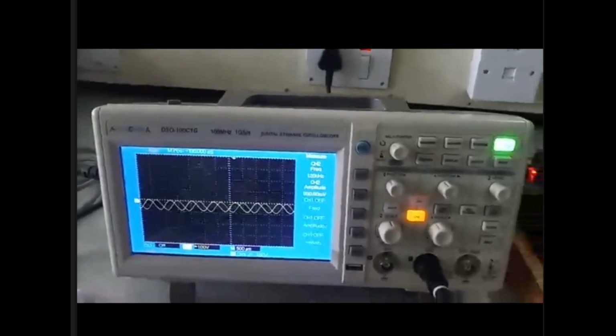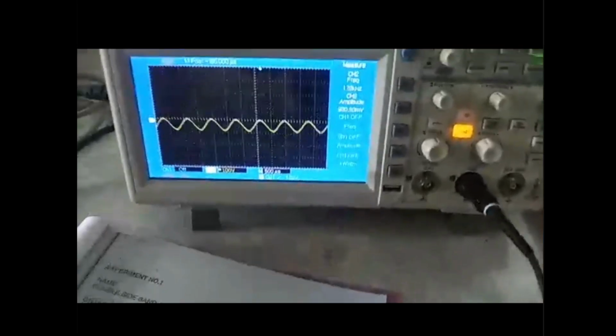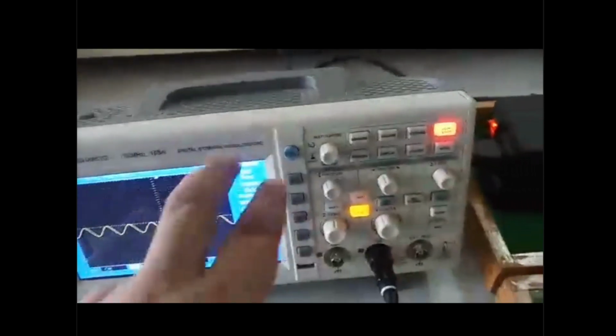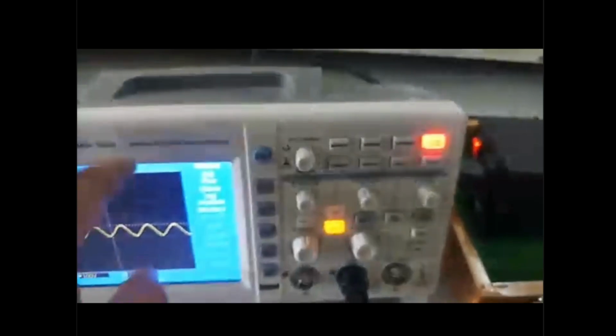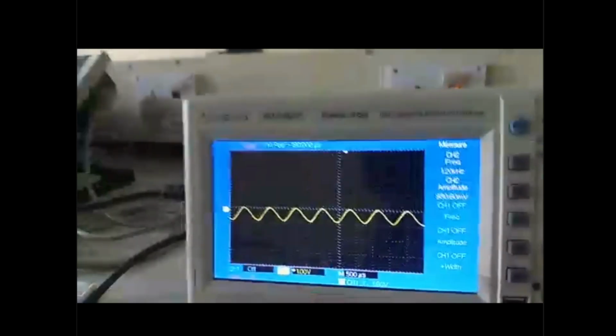Now we have this new function generator. So when you will come to the campus, this one. It is having the screen. Previously we were using CRO to see this input. We connect this one to the CRO to see the input. But now we have this new one in which we have the screen and we can see the behavior of the signal. Okay, so let's check what we have.